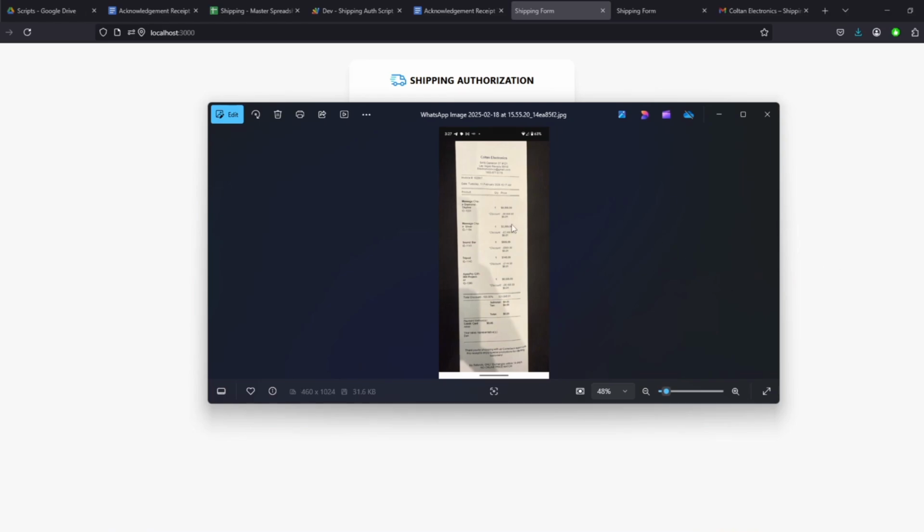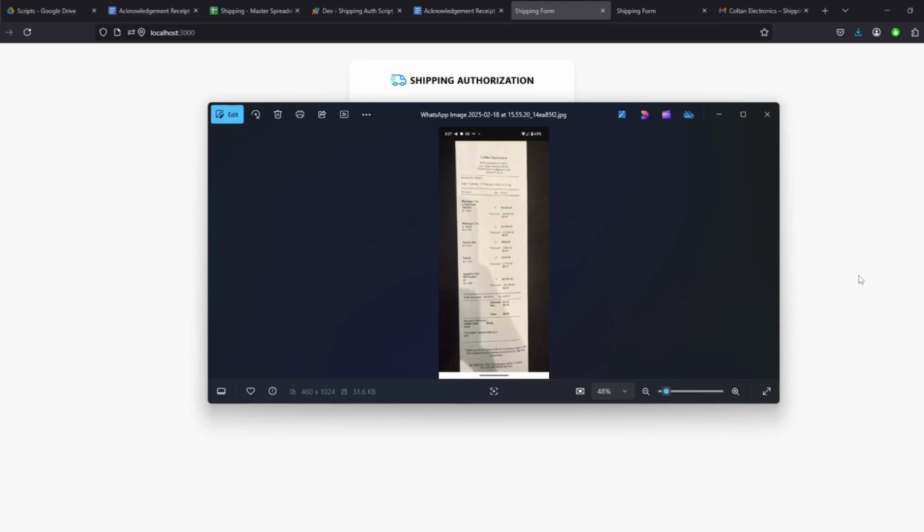So we used Google Gemini's API to leverage the OCR model, and we need not implement OCR from our side. Of course, we could have done it, but we use Gemini's API because they offer a free tier as of now. I think it's 2025 right now, so they still offer free tier plans for the API. So we leveraged that. Of course, we also implemented security measures to avoid misuse